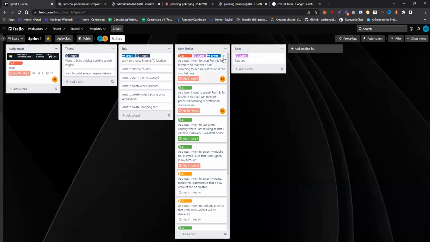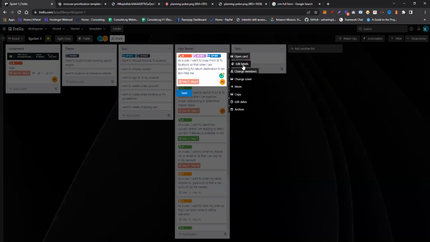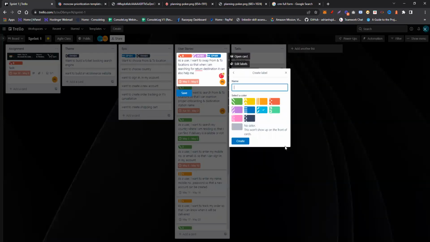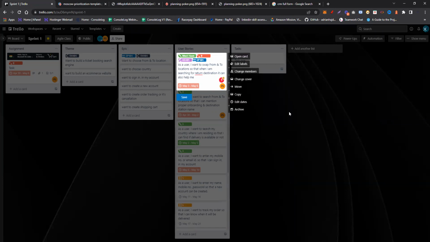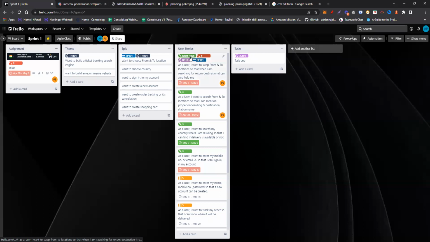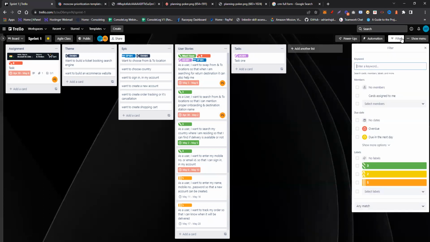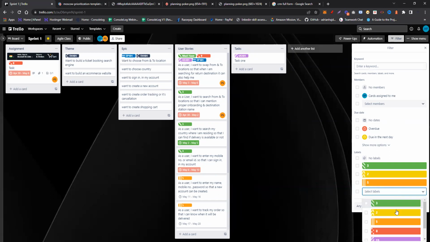Or you can do another thing, like go to edit label, create another label, just write something like must have, make it a green color, create that and stop. Okay, so that from here we can easily understand, like if I'm going to over here, correct? So from select label only,